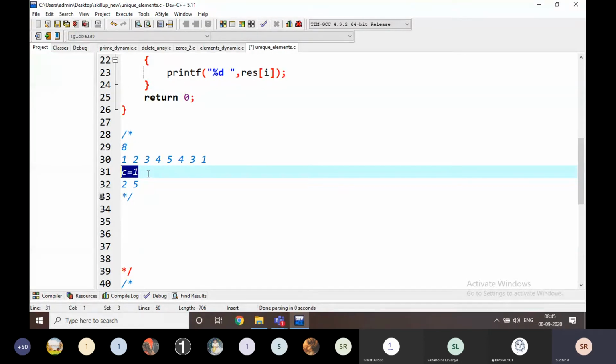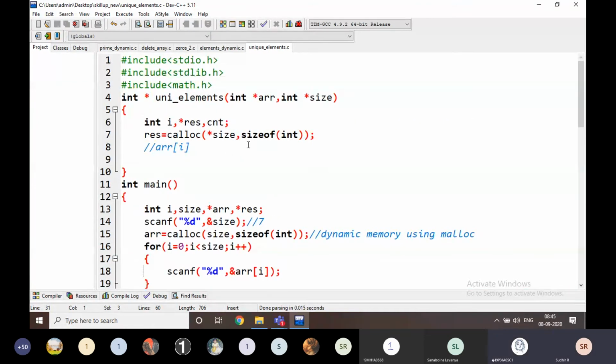But here I am counting how many times the element appears in the list. If it is only one time, I am going to insert it into the result. If it is more than one, I am not inserting that one. Okay, clear everyone? Now I am going to take, for every element,